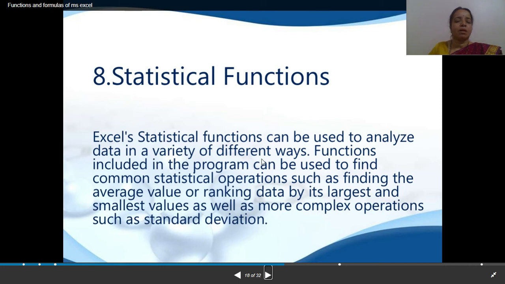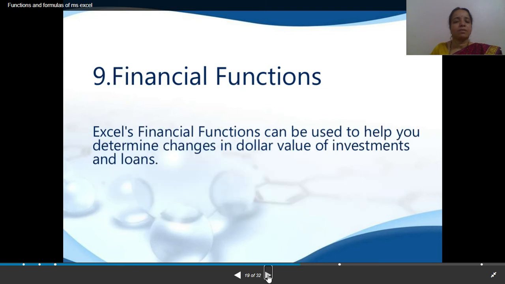Statistical functions are used for statistics. Some average, some ranking, values of ranking, largest and smallest values, some more complex operations you can do using these statistical functions. Financial functions also help you to determine the changes in the dollar value of investments and loans.